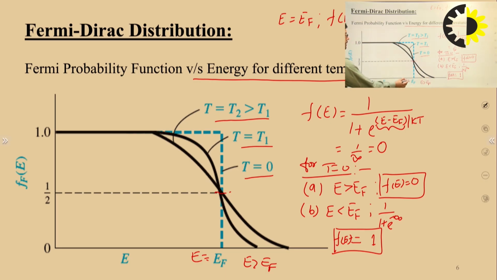If E is less than or equal to EF, the probability of having an electron is 1. That is, it is a totally filled state, right? So if you increase the temperature beyond 0 degrees, then you will have some filled states at E greater than EF. So this one is the filled state, you can see,